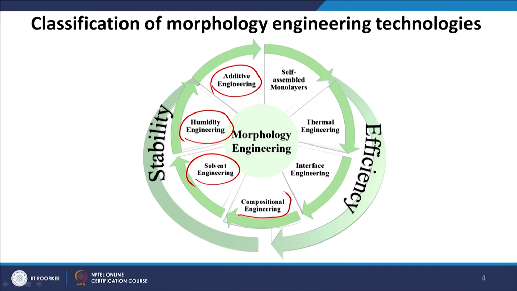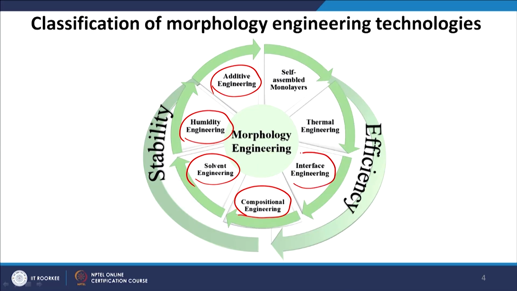Then the compositional mapping or compositional engineering. In the perovskite we know there is a cationic group and there is an anionic group. Now we can change a single cation to 2 or 3 cations, and instead of a single anion we can use 2 or 3 anions, and when we make a combination of all of these cations and anions, that is called combinational approach or combinational engineering.